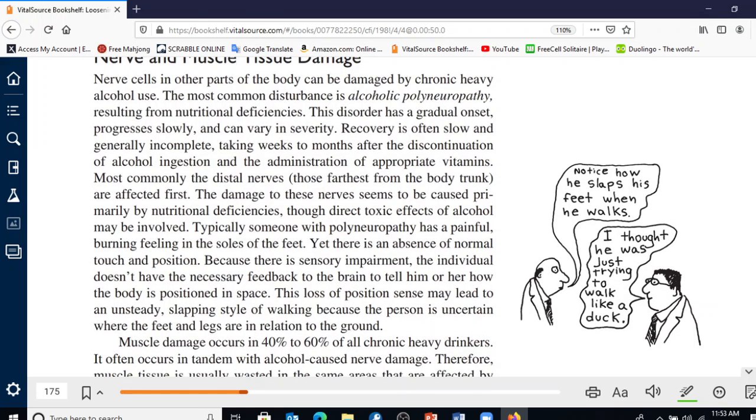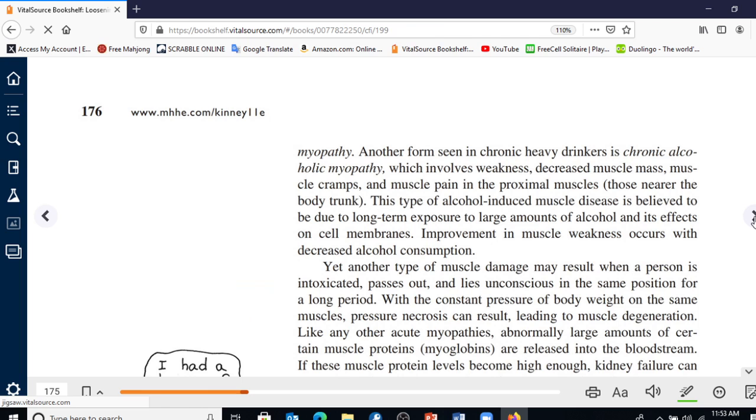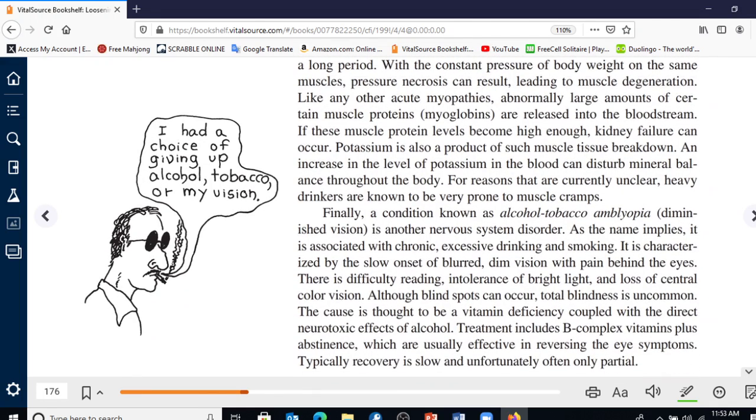Alcoholic polyneuropathy is nerve and tissue damage in other parts of the body: burning in your fingers and in your feet, tingling, itching. That's alcoholic polyneuropathy. Muscle damage occurs in about half of all people who are heavy drinkers, and it often occurs in tandem with the nerve damage that leads to polyneuropathy. This is treated with medication, and sometimes it gets better, and sometimes it doesn't. It's real hard on people who are in recovery